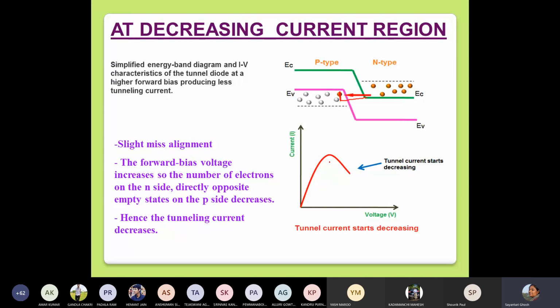So at this point the current starts decreasing, because the maximum tunneling occurred when the maximum overlap or see-through happens between these two regions. So as soon as this perfect alignment is gone, you start having some misalignment, and then you see the tunnel current starts reducing. Now this tunnel current should basically fall to zero, because the alignment goes out of sync as soon as you go on increasing the voltage. So if you increase the voltage further, this tunnel current is supposed to decrease.